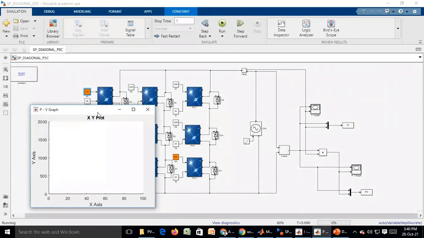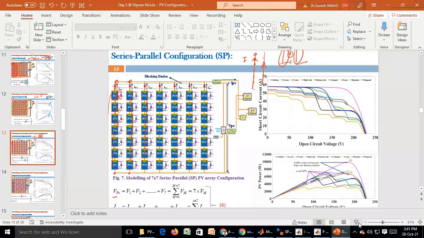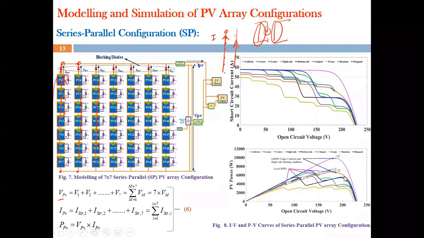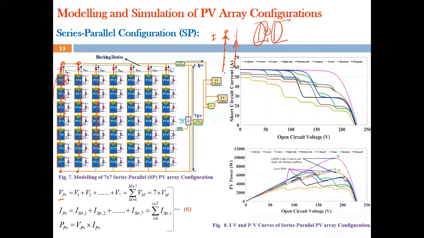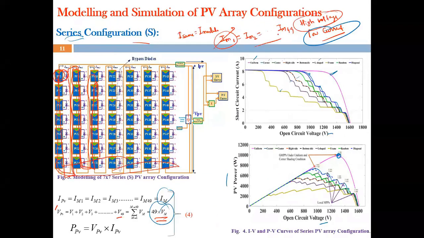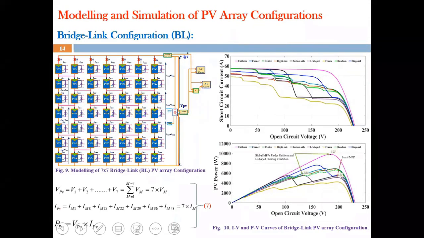When diagonal shading is taken, it takes too much time. So once it comes, I'll show you. Now, if you want to improve further, people are not considering parallel, either series parallel, to improve further. In this application, series only is high voltage, low current. Here you are considering medium voltage. So to improve further, there is a bridge link model.